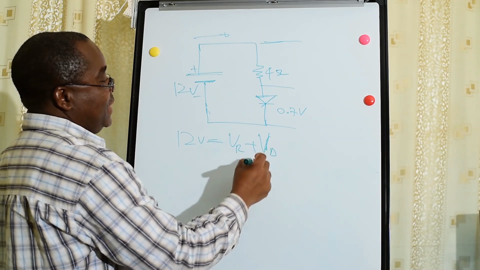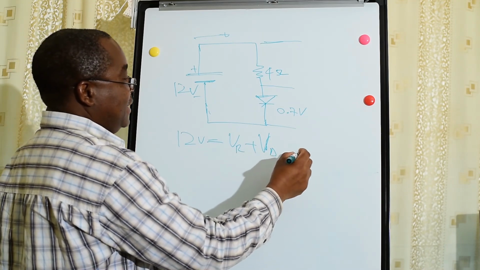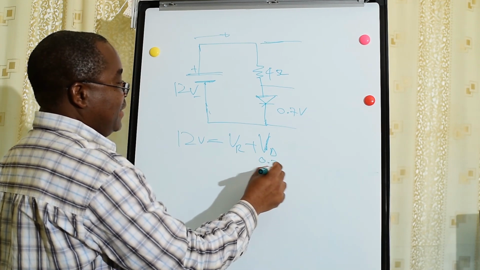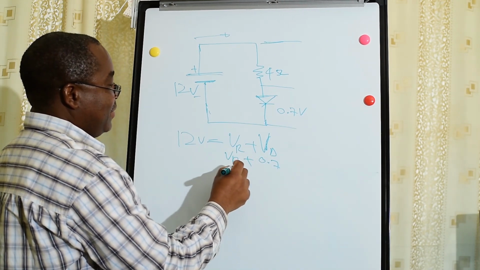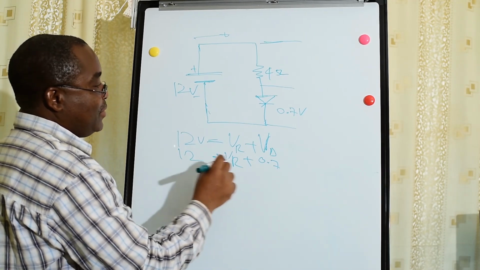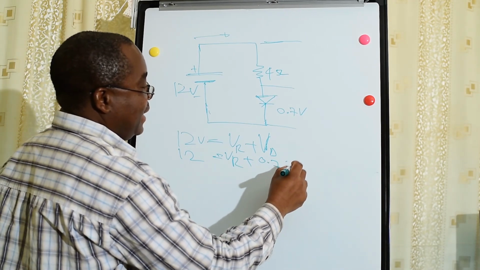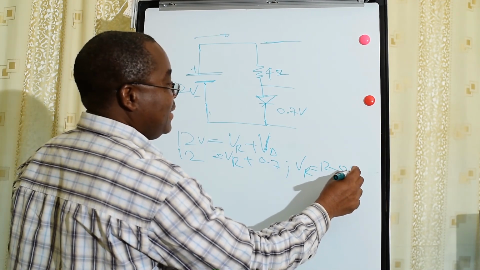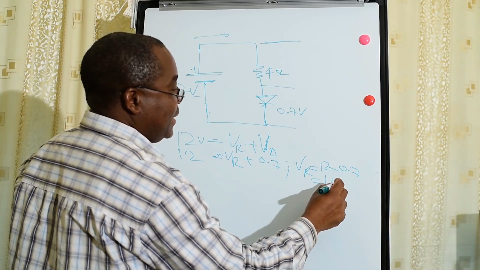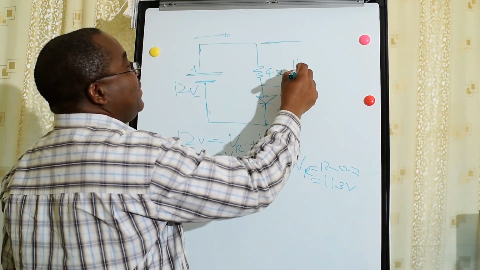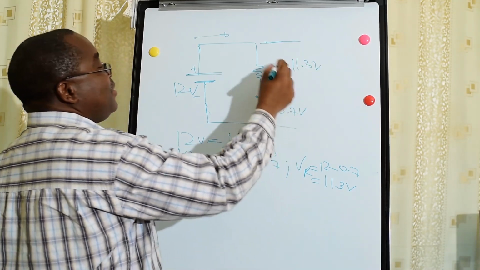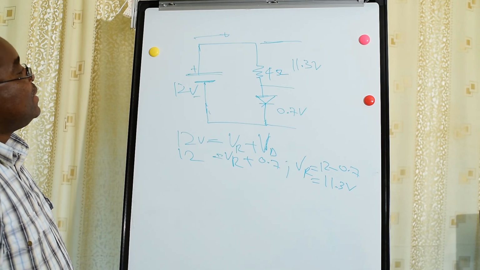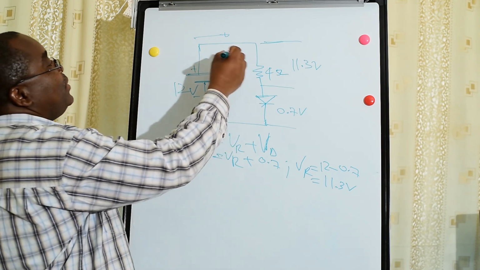So we have voltage in a diode, which is 0.7, and now 0.7 plus VR we are finding here is equal to 12. So VR, voltage in a resistor, is equal to 12 minus 0.7, which will be 11.3 volts. So here will be 11.3 volts. This is our voltage in a resistor. And so if we want to know the current which will flow here,